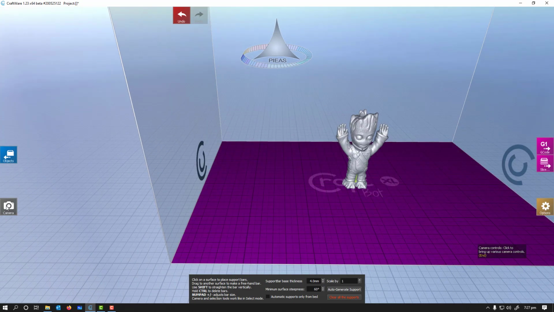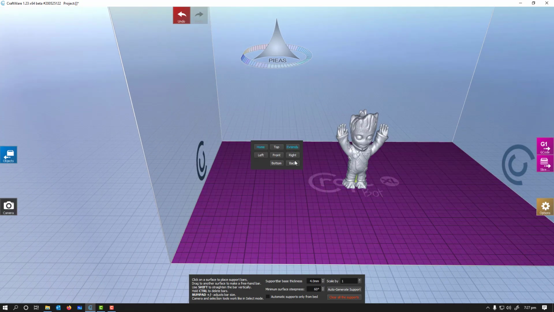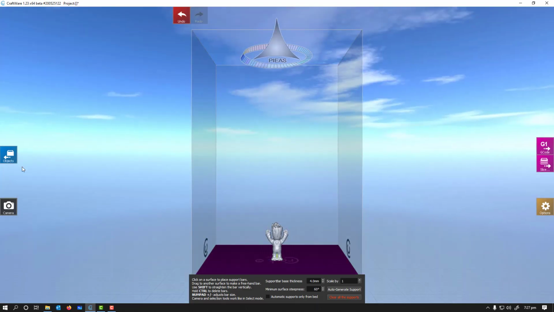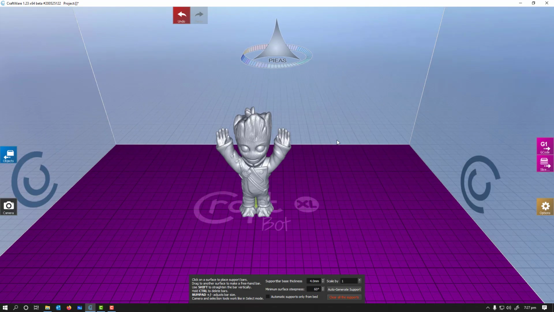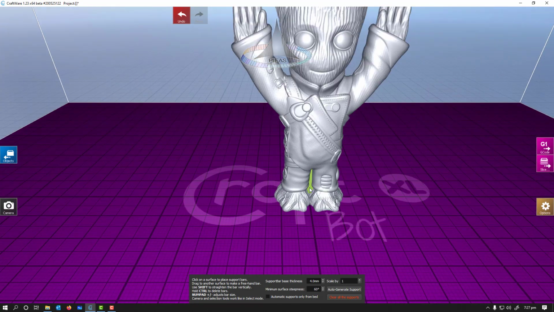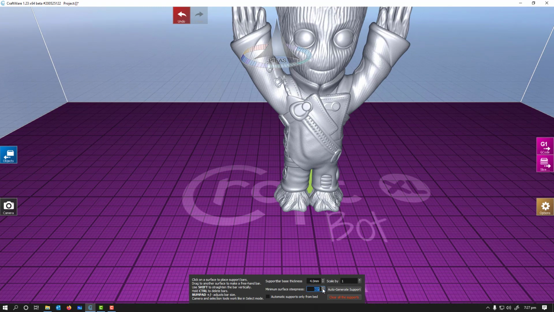So if I look at the back side, going to home back, you can see here it has generated supports only up to between the legs. So if you change the angle, for example, to 30 degrees, then it will generate supports here to support these arms. So it will take time. So let's see how it generates the supports. Then I'm going to go for further.